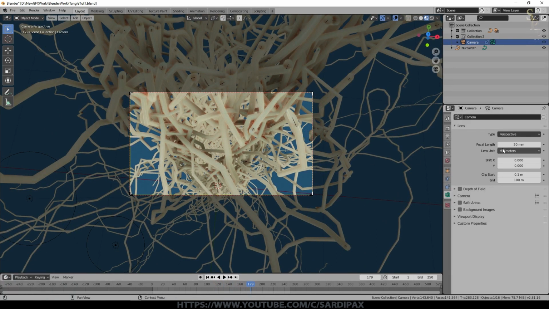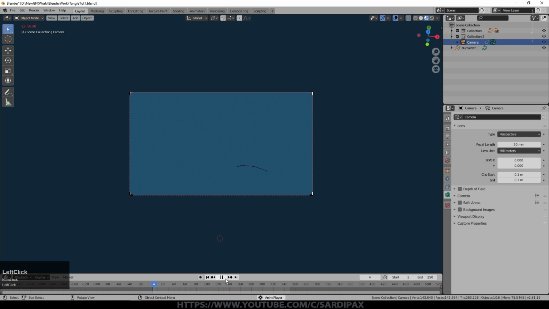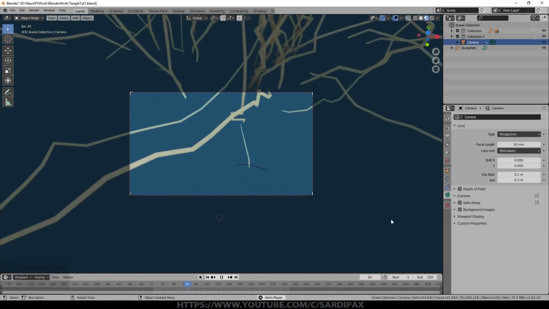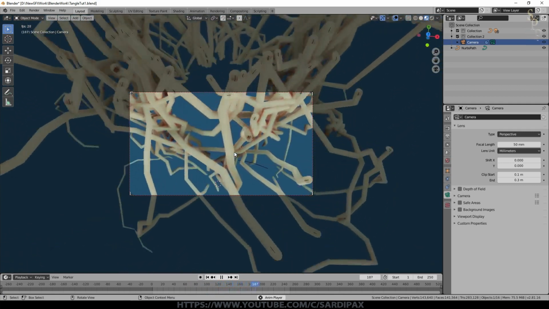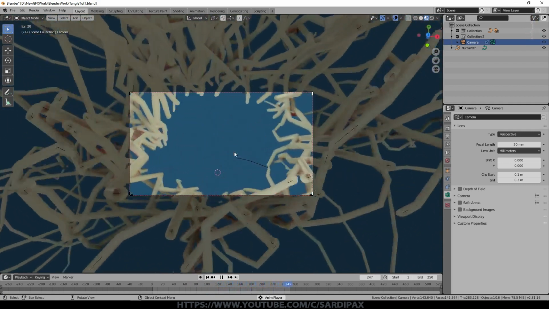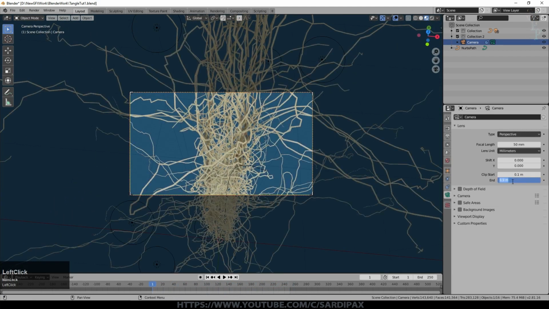Of course, also important is end clipping. If you interpret meters as Blender units in this case, then this scene's only a few meters deep, and therefore 100 meters is not going to be an issue. But of course, if you had a very big model or you reduce this, it will actually disappear into the distance. So if we now go to the beginning, there's nothing there. As we go down, you can see the mesh starts to appear until it gets too close to the camera, when it disappears again. So this might be an interesting approach to give you some strange effects. But by default it's 100 meters, and that means you'll see the whole mesh if it's this sort of size.